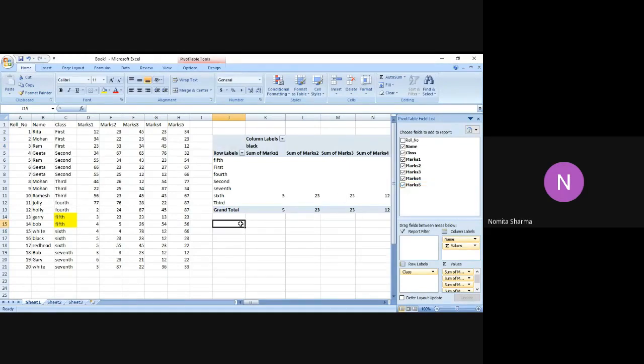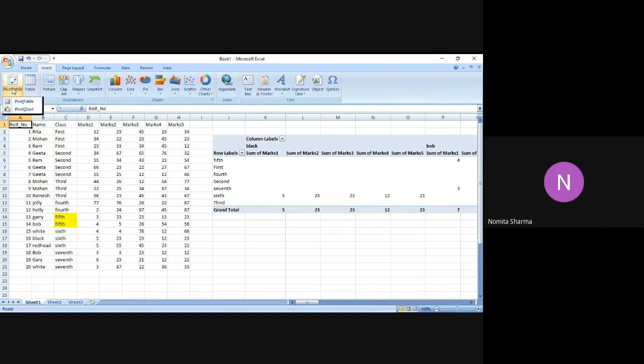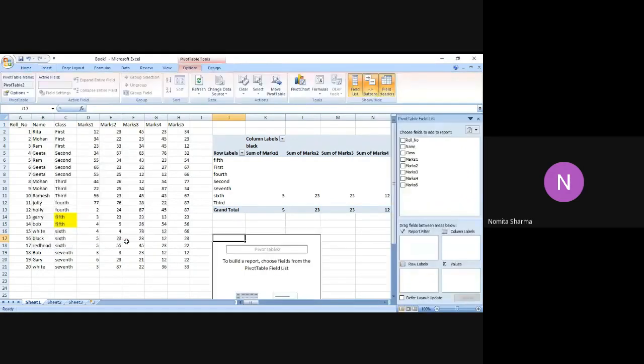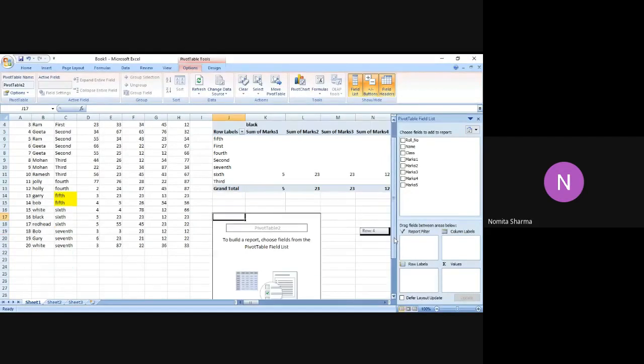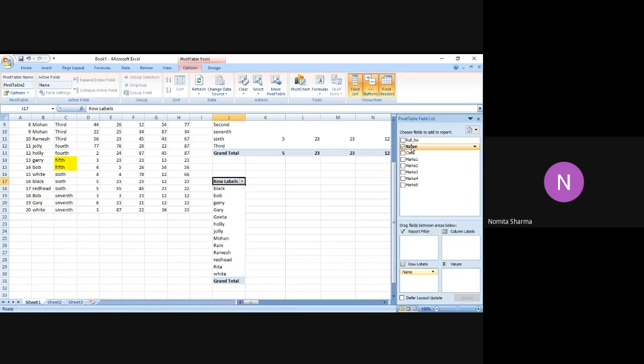Similarly, I want to have another option over here, so I will make a new pivot table just for clarity. I say insert, go to pivot table, and this time I have the same selection. I have the existing worksheet, and I'm going to make a table over here. If I drag this down, you can now see clearly. This time I am going to work with the names, so I say names, and I put the same name in the values also.